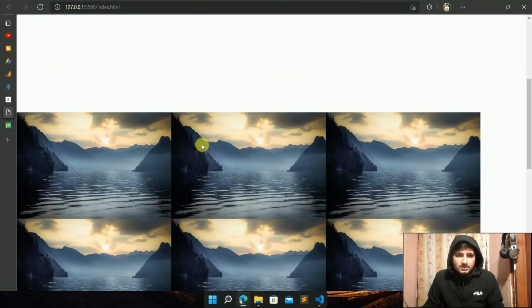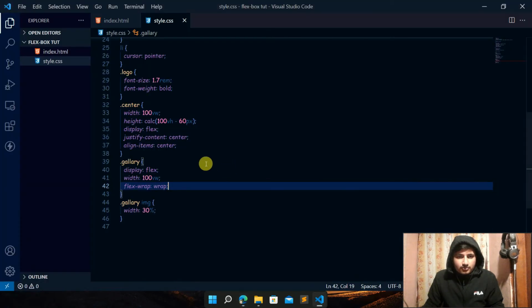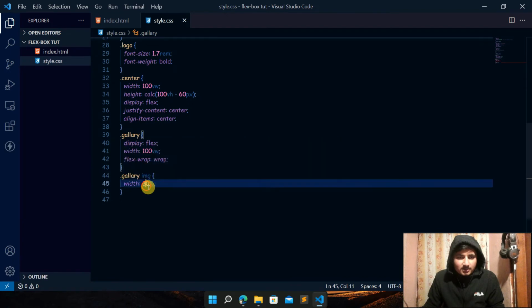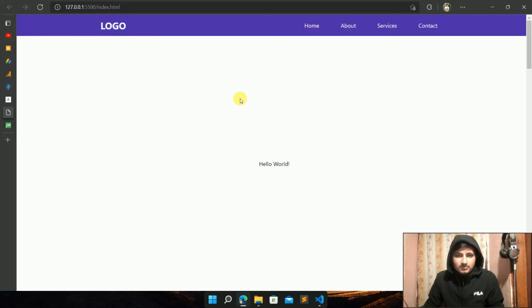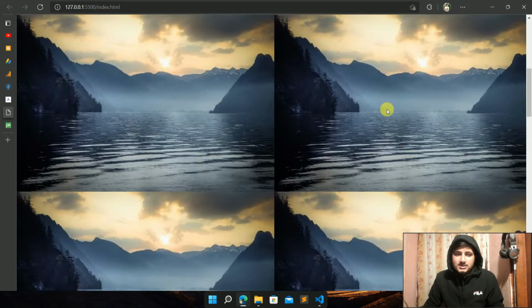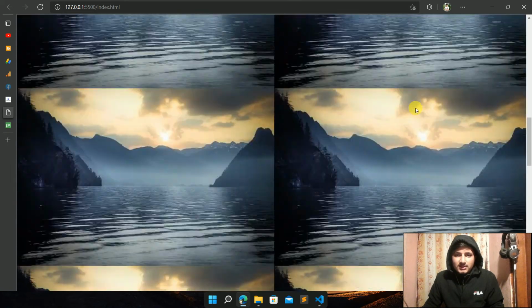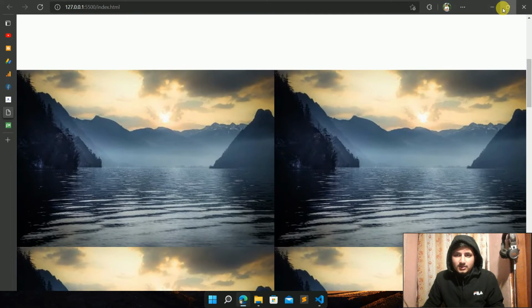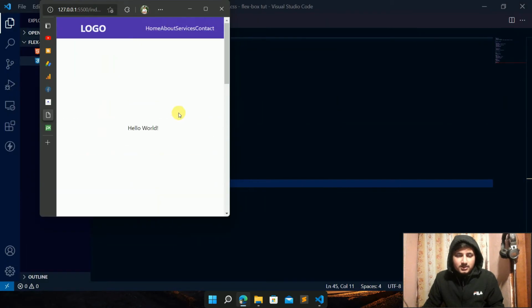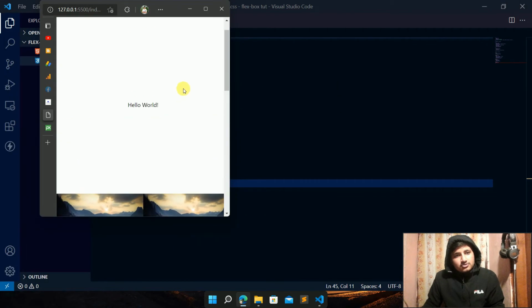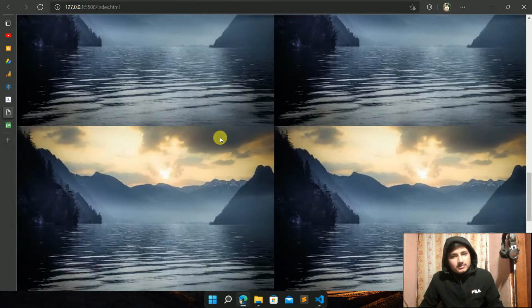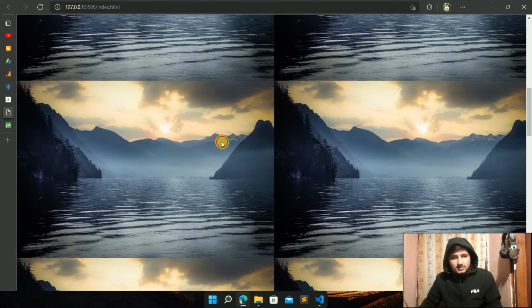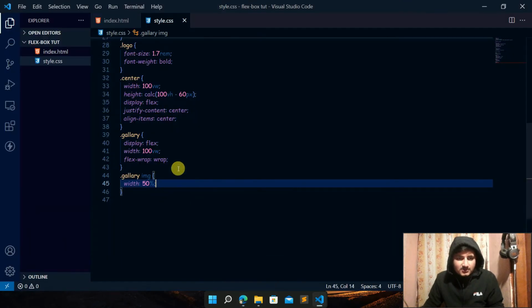We had 30% here, right? If we do 50%, we'll have 2 rows, and it is responsive as well. So you can create a simple image gallery like this with the help of flex-wrap,